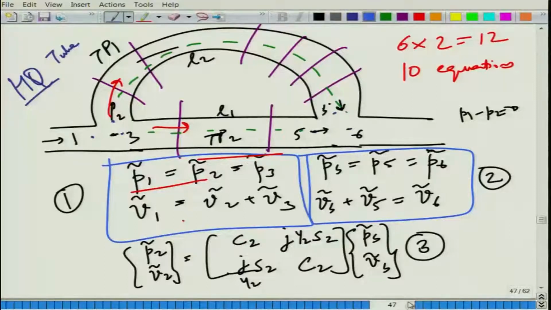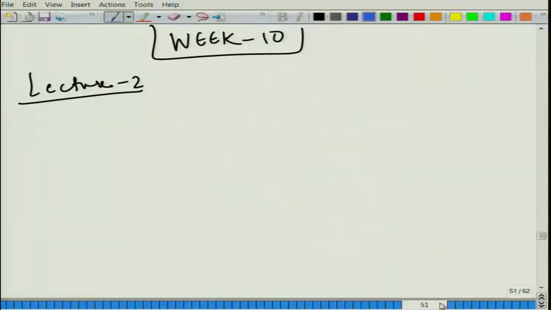So, let us get back to our simple configuration, that two duct configuration like the one that was presented here. What we can do is develop an analytical formula relating the upstream variable 1 with the one mentioned here, that is 6. So, let us see how we do it.